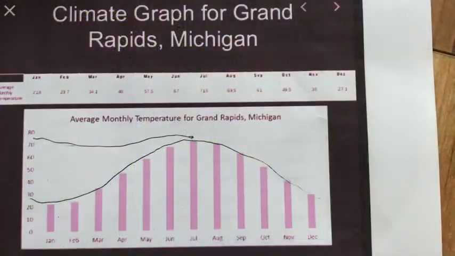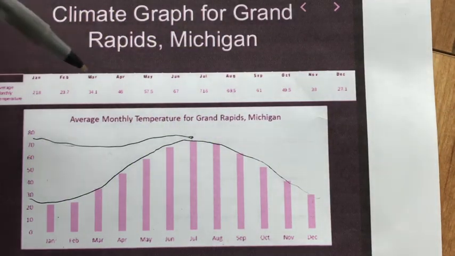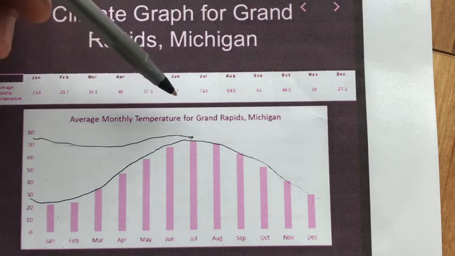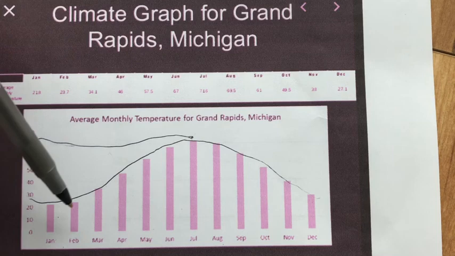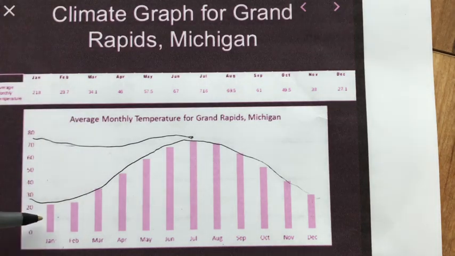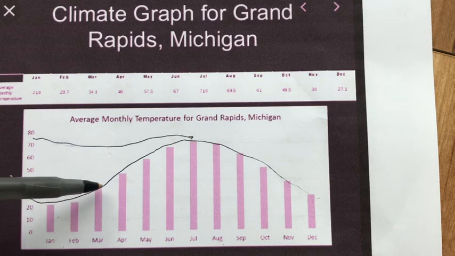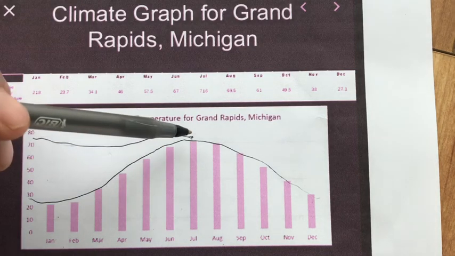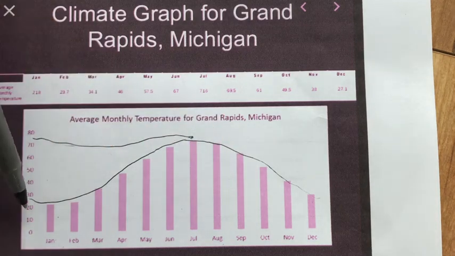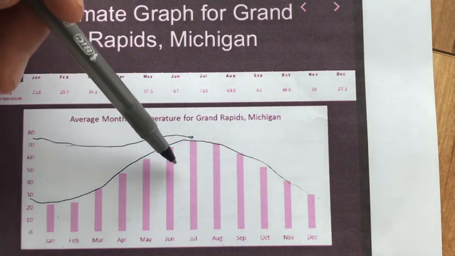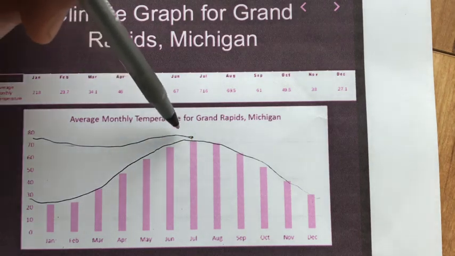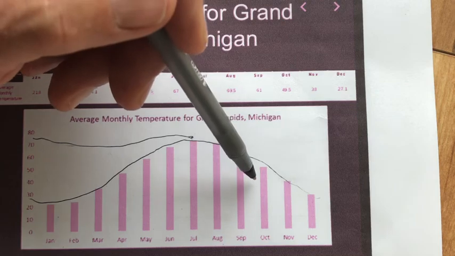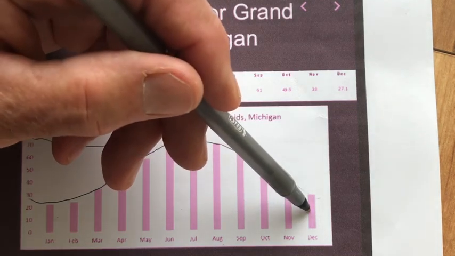Oh, friends, look at this graph of science. This bar graph shows us the average monthly temperature for Grand Rapids, Michigan, right where we live. This is a year in Grand Rapids where it started off cold in January. Doesn't that sound familiar? Cold in February, but then it gradually gets warmer through the spring. This graph shows us a pattern that develops. Colder temperatures in winter, warms up in the spring to our highest temperature, which was in July, right around 70 some degrees. Then it gets cooler in the fall and gets cold again when winter starts.